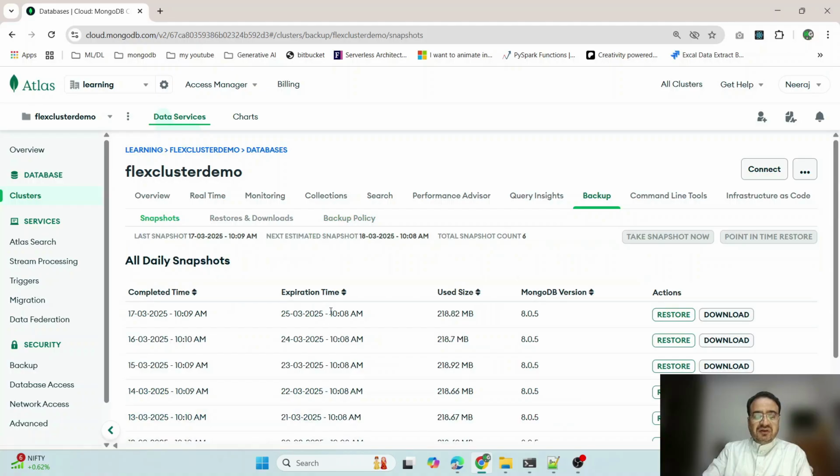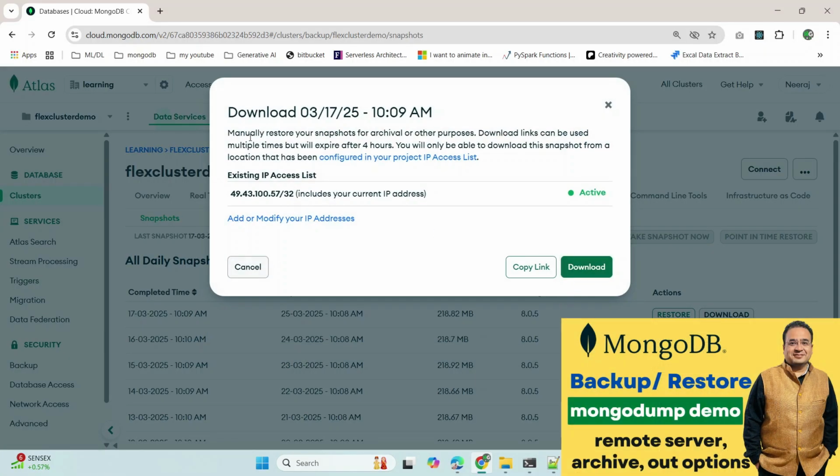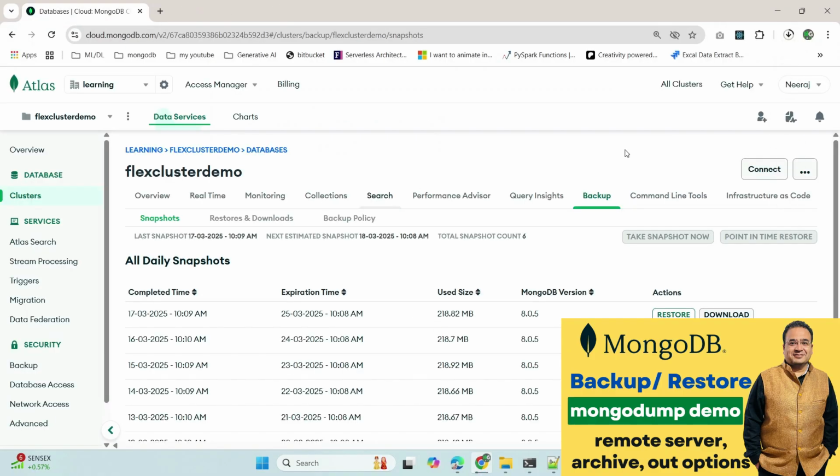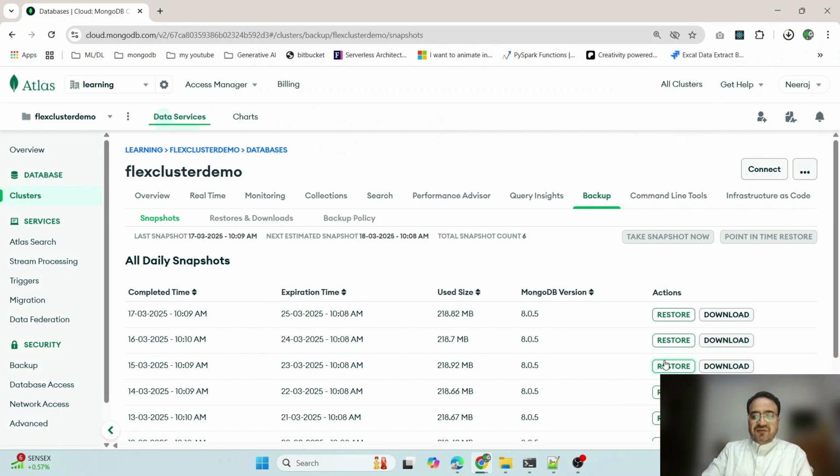If we go here, let me download this current one. Download. The download has started. And if I want to restore it, let us say there were some changes yesterday which I don't want to have in my system, I want to revert to the previous MongoDB version, maybe on 15th of March, I can click on restore, but this